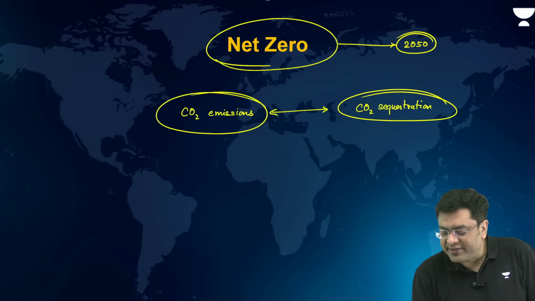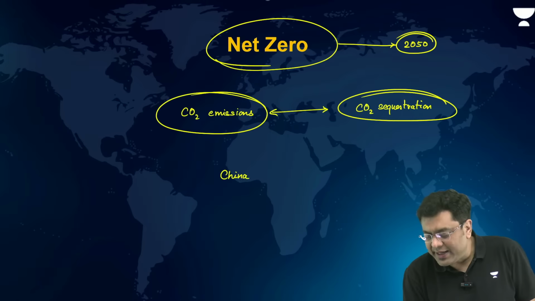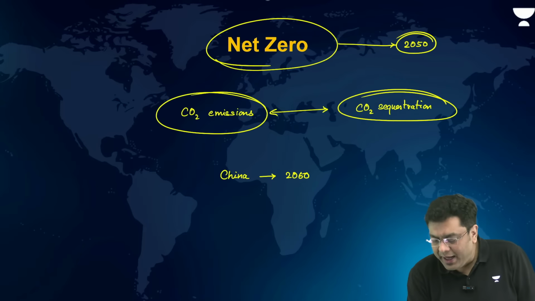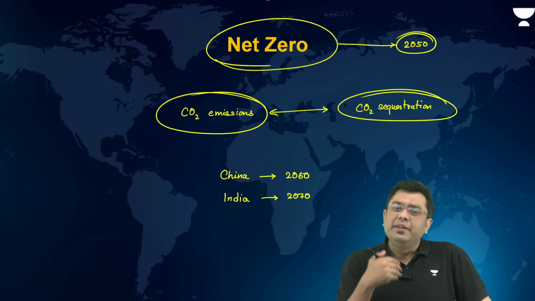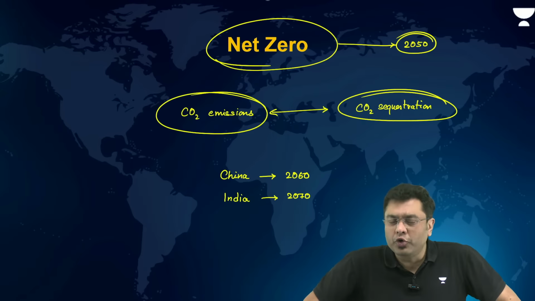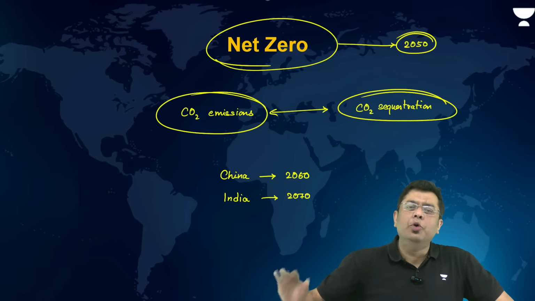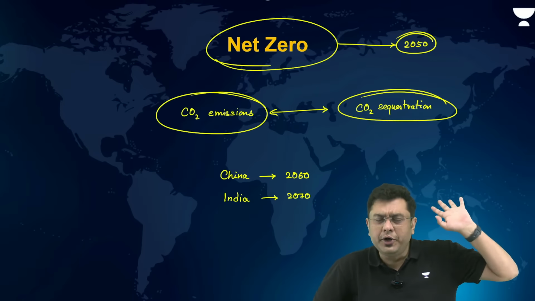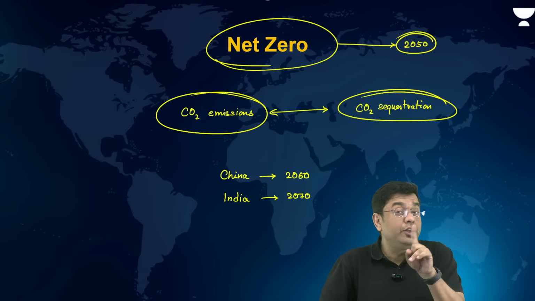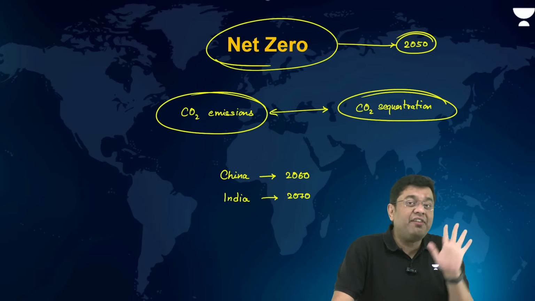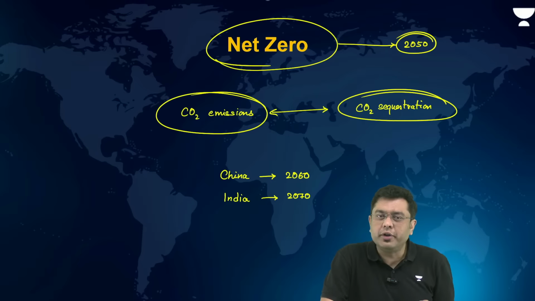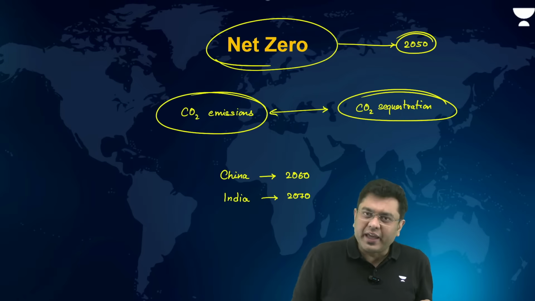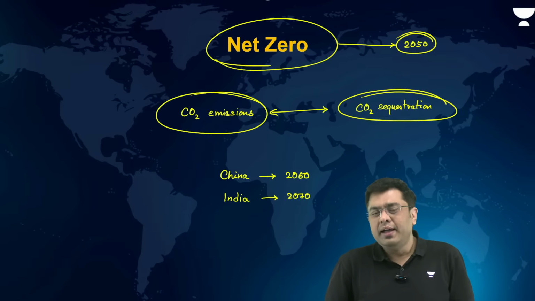But countries, for example China, has declared it will achieve net zero in 2060. India has declared that it will achieve net zero when? 2070. Right? So that is where the countries decide the net zero goal, that we won't be adding any more greenhouse gas to the atmosphere. Whatever emission we make, we will sequester. Net zero does not mean no emission. You will have the emission, but you will capture that much amount of greenhouse gases as well. That will lead to cooling of the environment.